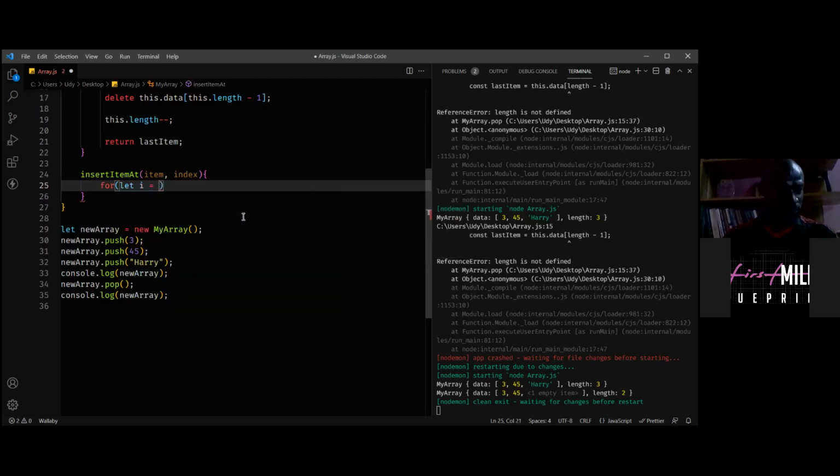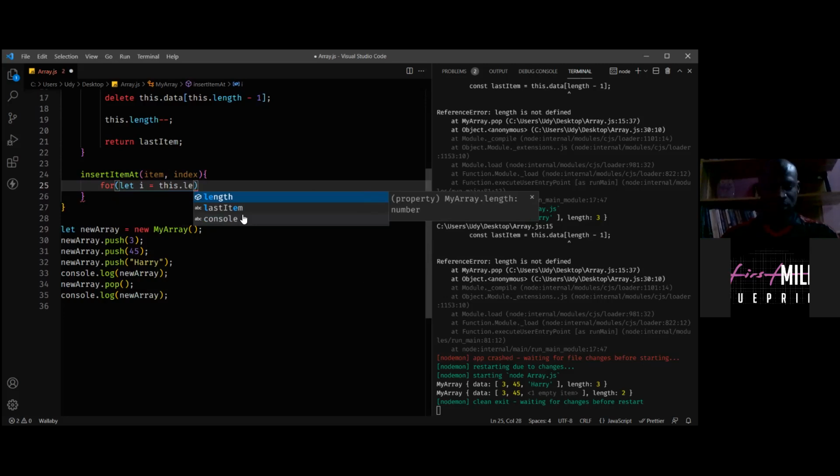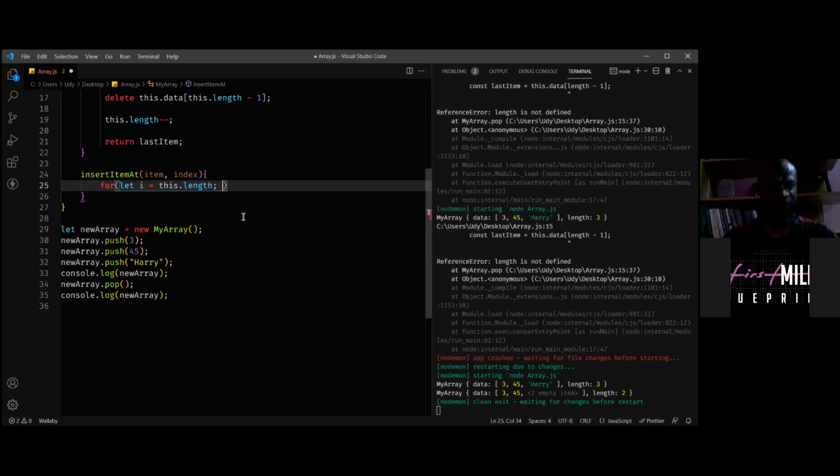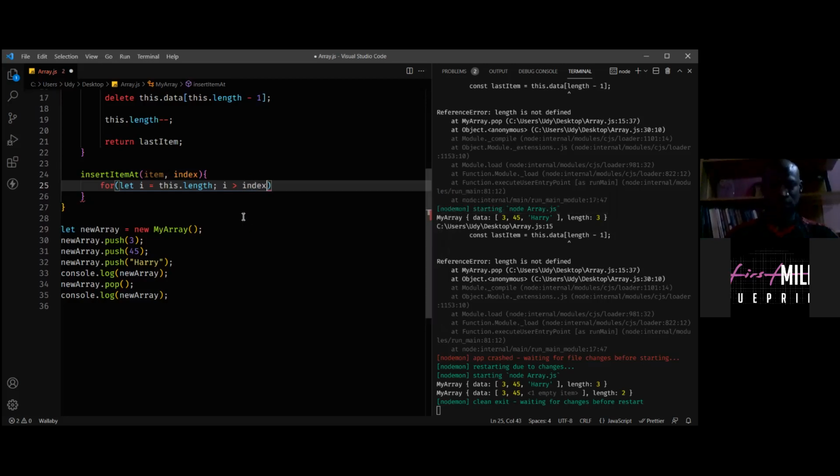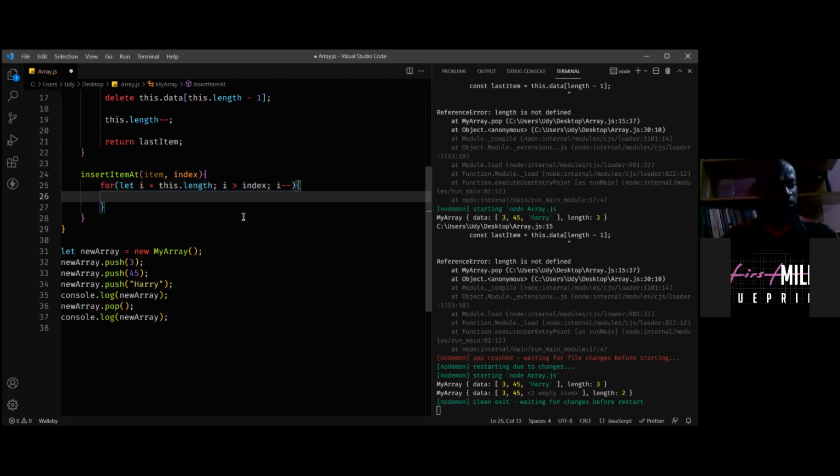Now we say, let i be equal to this dot length, and while i is greater than the index where we want to insert the item, we decrement.